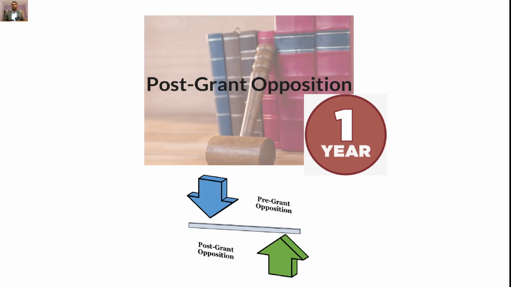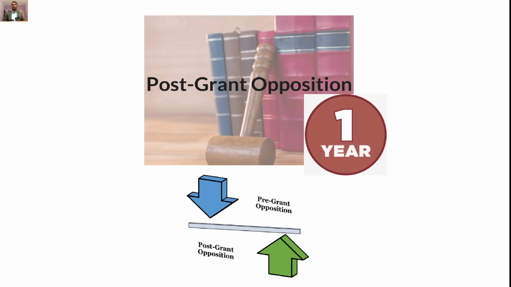After we are done with these basic checks, it is stored in the server for 18 months in digital form, and no track of this information can be found on the internet. By using your application number, you cannot track the information. Nobody has access to it. After the expiry of 18 months, your application is published in the patent office journal, and from the date on which it is published, from that very date people can see and read it.